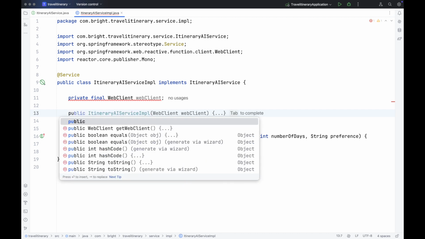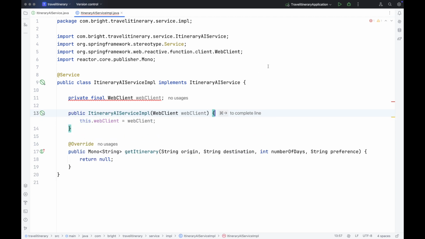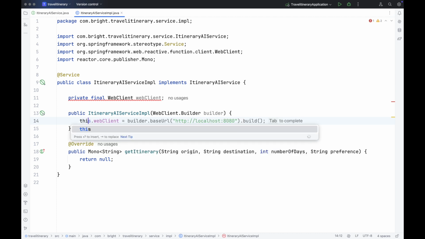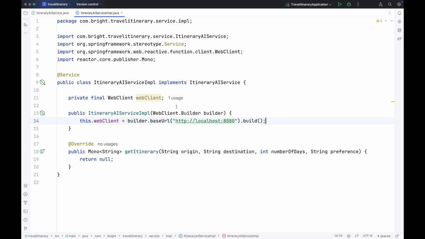Now I am going to create a public constructor, but it takes a WebClient.Builder, and we can say this.webClient equals builder.baseUrl http://localhost and the port number